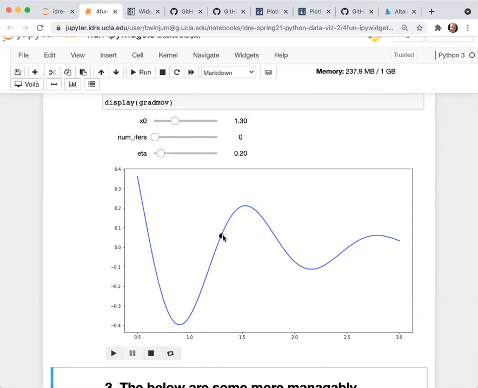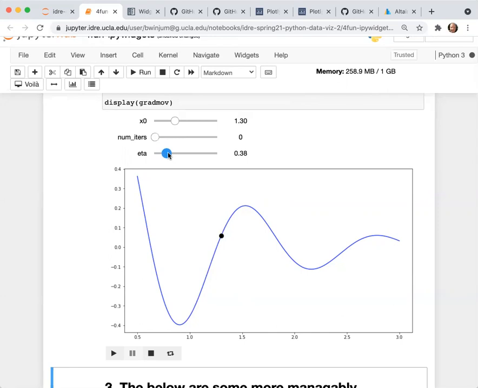X0 is the initial value for the starting point. So you'll see here, if I increase the slider, what I'm doing is on top of this plot, I'm plotting additional points for each of the steps, and I'm plotting the little dotted line so you can follow between the different points. You'll see here for these particular values, it kind of gets stuck oscillating about this, although it does make its way eventually down to the bottom.